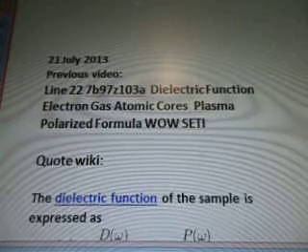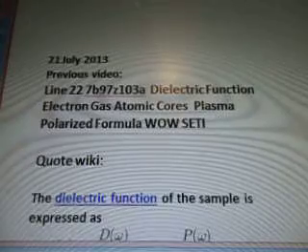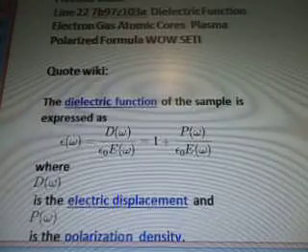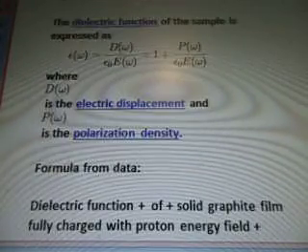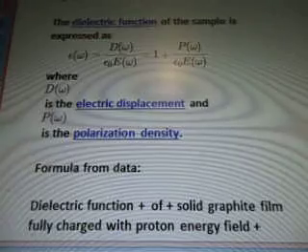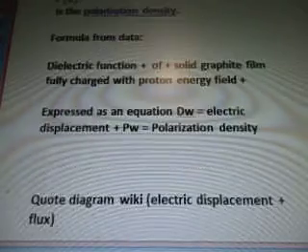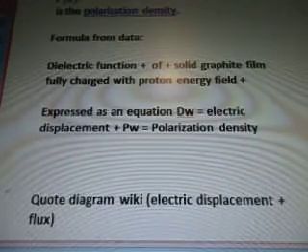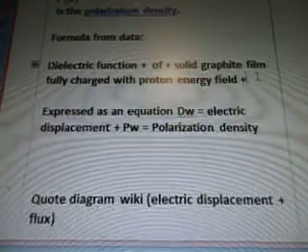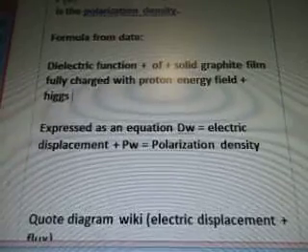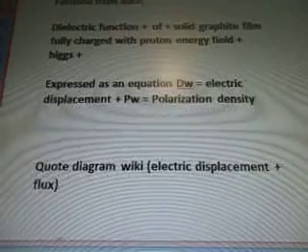Previous videos, line 22, 7b97z103a, dielectric function, electron, gas, atomic cores, plasma, polarized, formula, Pw Wow Seti. Quote from wiki, the dielectric function of the sample is expressed as this equation, where dW is the electric displacement and Pw is the polarization density. Formula from the data. Dielectric function of solid graphite film, fully charged with proton energy field plus Higgs,